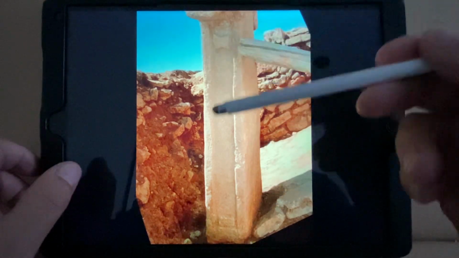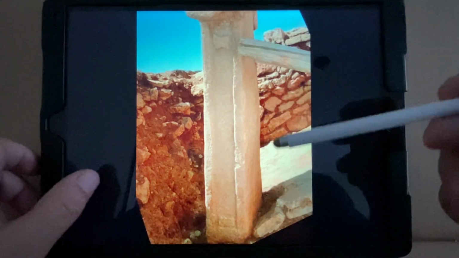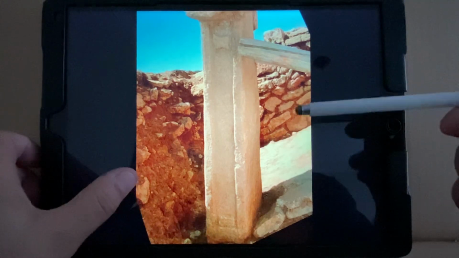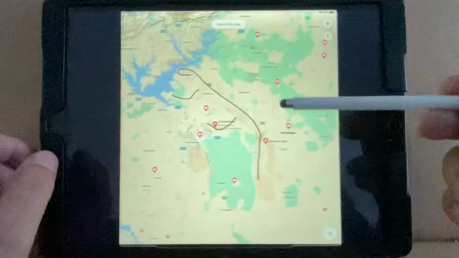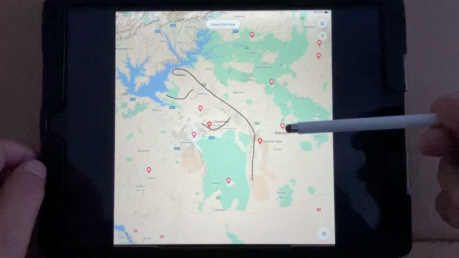There's Mount Karaka right here, two streams, and they come together. That was a great video, that last video. So I used the nearby pillars from Sefer Tepe. Here's Sefer Tepe here. So I knew that